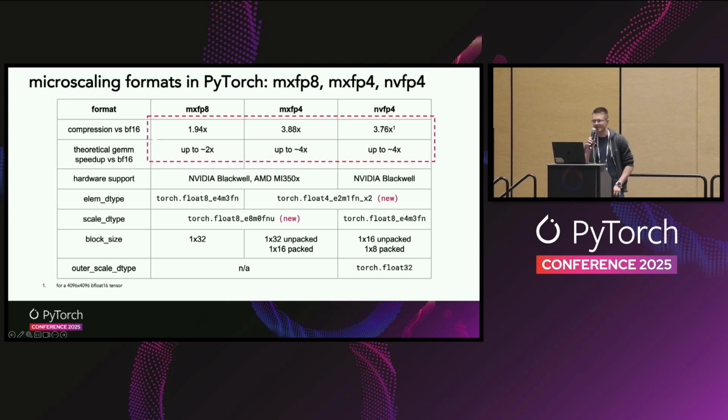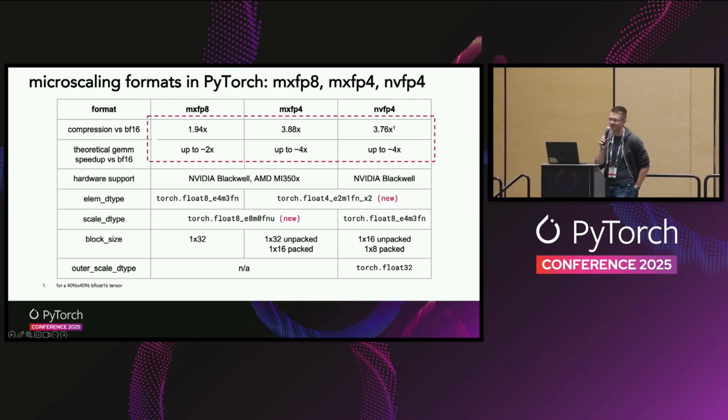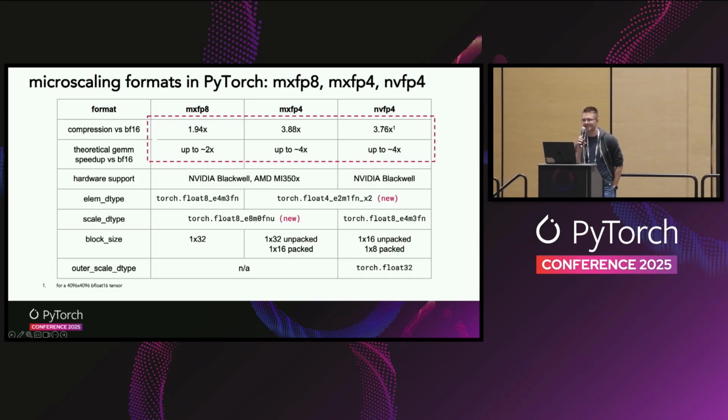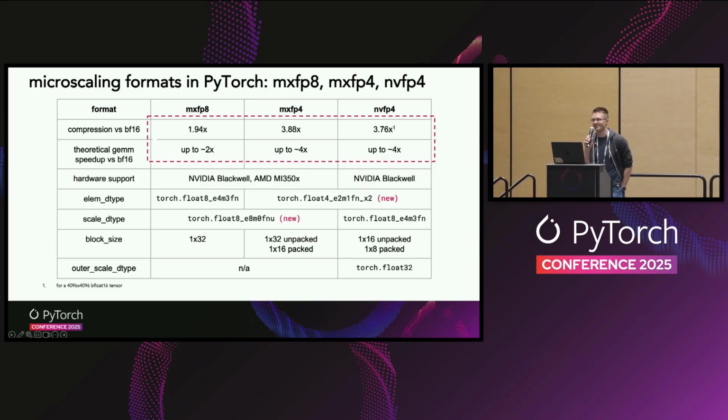Then in the middle, we have mxfp4. It's basically mxfp8, but fp4 instead of fp8. So compression is almost 4x, and gem speedup is up to almost 4x. Same hardware. The element dtype is also new. It's float4, and we'll talk about specifically how that's defined. And the block size is the same as mxfp8. And finally, all the way on the right,